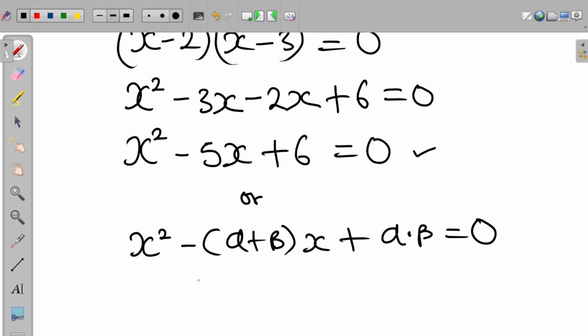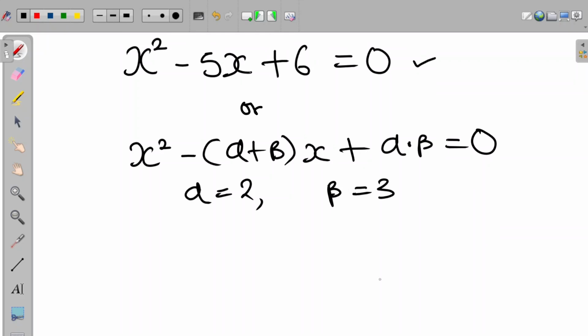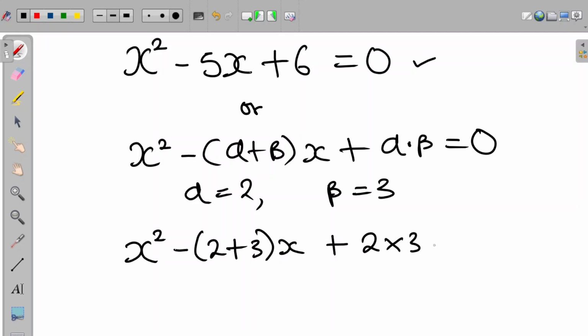Now, let alpha be equal to 2 and also beta be equal to 3. So we can have that x squared minus 2 plus 3 multiplied by x plus 2 times 3 is equal